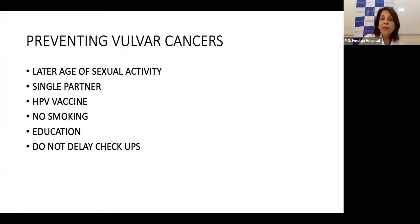So we all have daughters, we have cousins, we have nieces, we have sisters. So how can we educate them to prevent vulvar cancers? One is to talk about sexual education to your children and talk to them about the importance of starting sexual activity at a later stage. This is very important. When I say later stage, I don't mean start at 40 and 50. What I mean is don't start, because nowadays we have a lot of sexual promiscuity, which we have girls coming to us at the age of